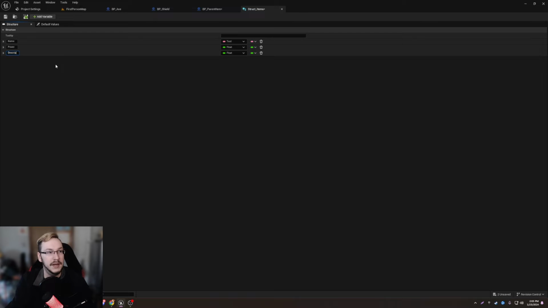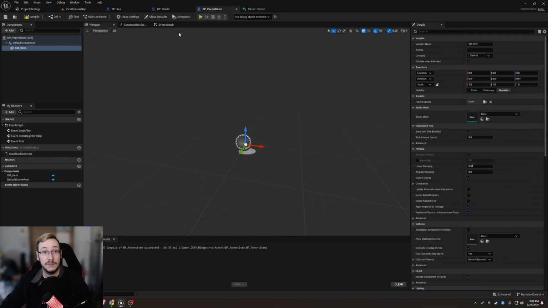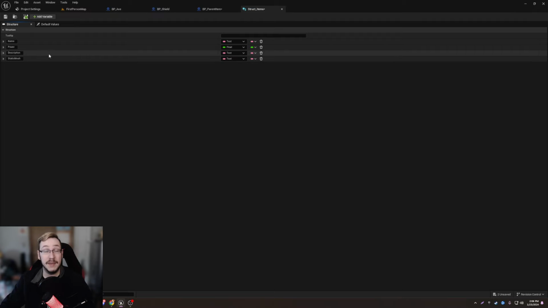Now we'll go ahead and add a description, and I'm not going to get too into detail with all of these. I think I'll probably add just one more for now. So we have the name, the power, the description, and now we'll add the static mesh. Because obviously all of our items need a static mesh. And remember, this one's empty. It's there, and you'll see why it's there and empty, but we still need to be able to define it,